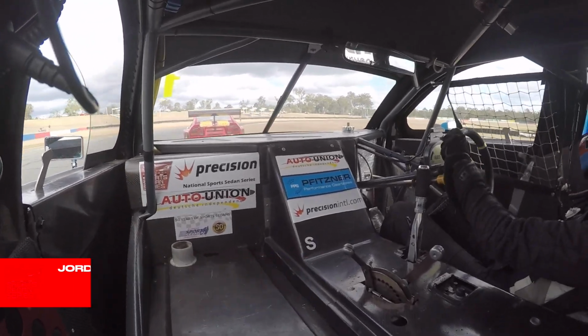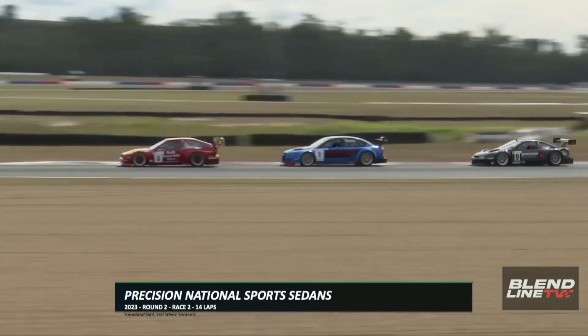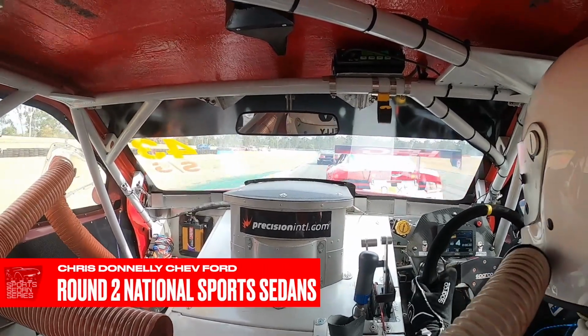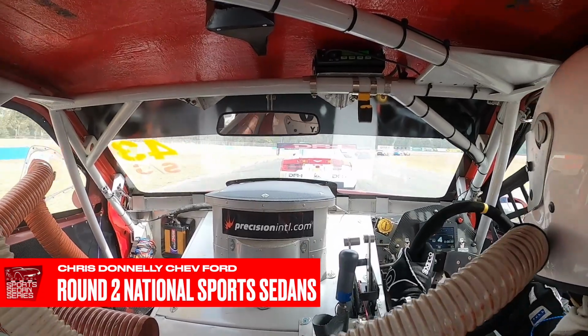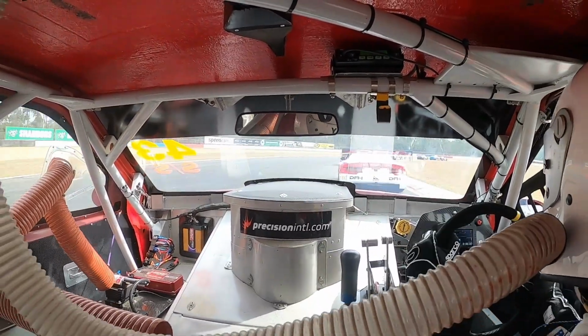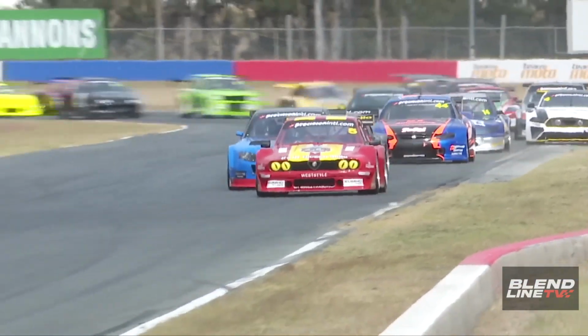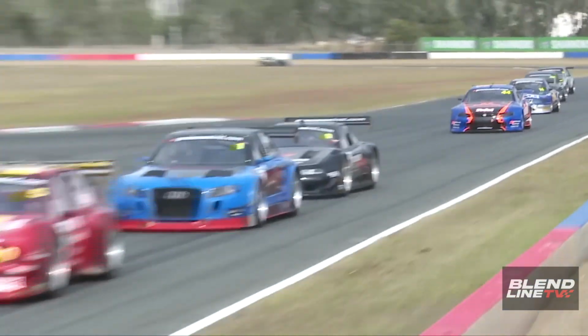And Garry O'Brien right alongside me. This is different how we started yesterday. Ricciardello gets into the lead. Jordan Caruso in the P2. Yeah, Ricciardello was back to third after starting on pole in yesterday's race, and one's gone off there in the background. Hopefully it's just on to the...